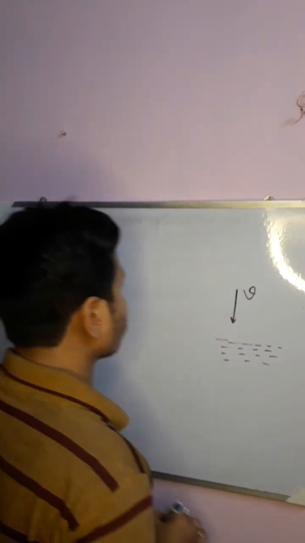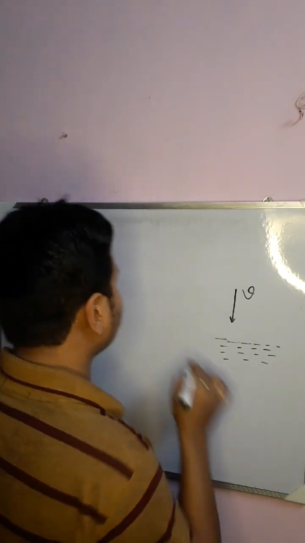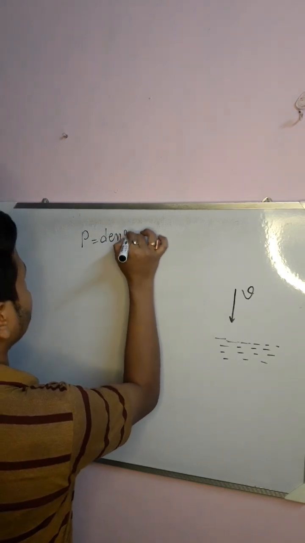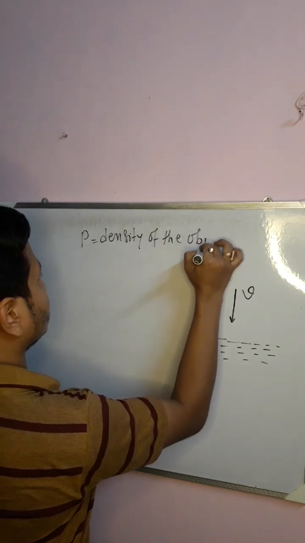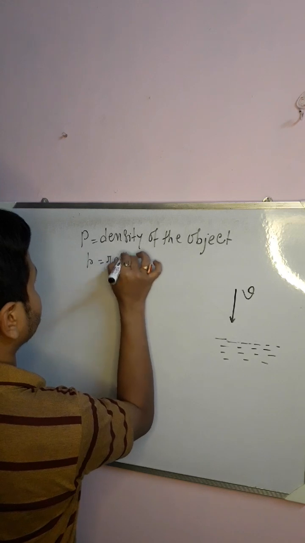Now if rho is the density of the object and r is the radius,